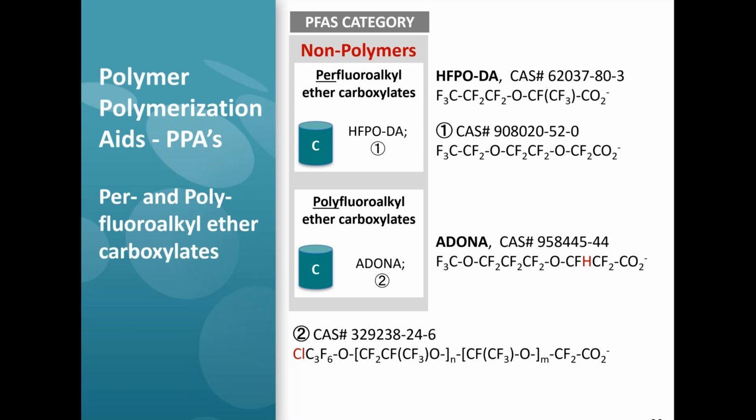So these compounds, these polymerization aids, have taken the place largely of what you are aware of, which is PFOA, and in some cases PFNA. We all do know that the acids like PFOA are still being used in some places around the world, particularly in China and possibly elsewhere. But for the major manufacturers in the FluoroCouncil and most of the other members around the world, these 4 polymerization aids are being used for the major manufacturers to make fluoropolymers.